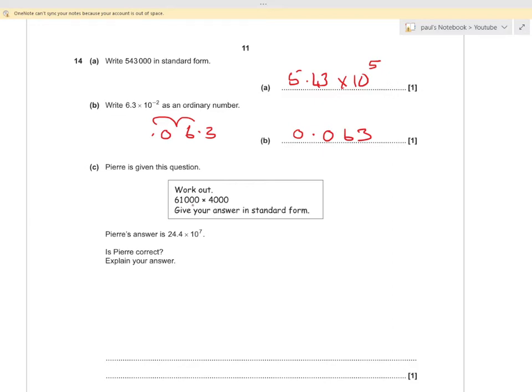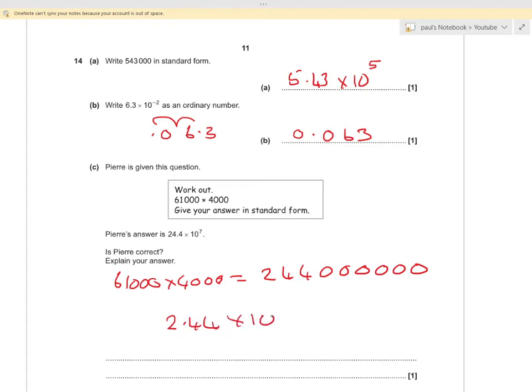Pierre's given this equation: work out that times that, give your answer in standard form. Okay, so let's do the whole thing. 61,000 times 4,000 equals 2, 4, 4, 1, 2, 3, 4, 5, 6. So that in standard form is 2.44 times 10 to the 1, 2, 3, 4, 5, 6, 7, 8, 10 to the